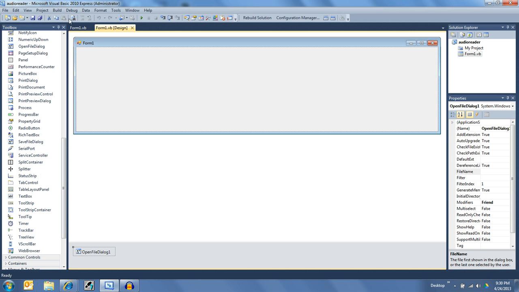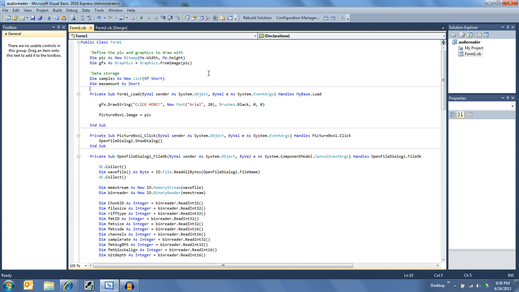Let's go to Visual Basic. And the first thing I want to do is define the things for the picture box, which is the pic, and which is a bitmap, and then graphics, which is for drawing on. Then I want to define storage as a new list of short, and short is a signed 16-bit integer. And then the maximum amount, which is also short, and I use that for scaling the waveform in the picture